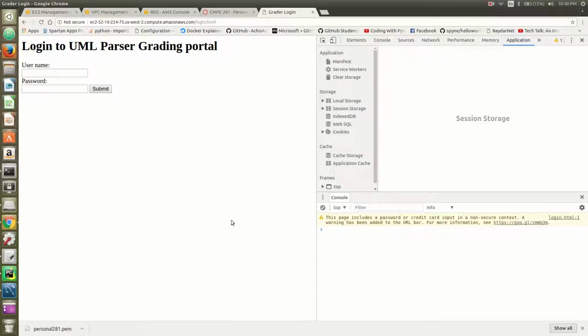So I'll begin with my explanation, and this is my front end. It has been hosted on one EC2 instance using Apache server, and I have only put in some HTML pages like login.html and index.html for connecting to the backends, and these instances hold nothing but HTML and CSS. So I'll go ahead and log in to the application, and the username and password is admin and admin,